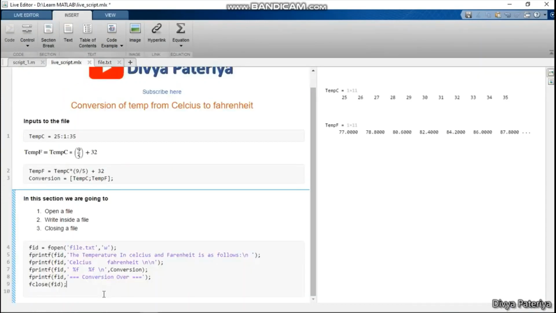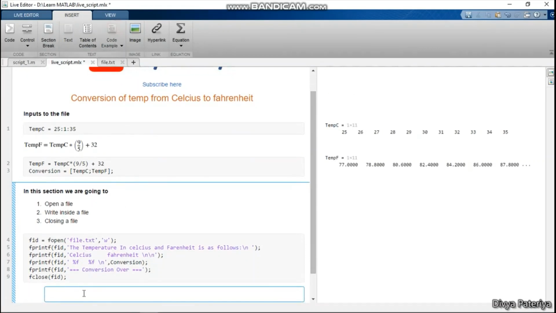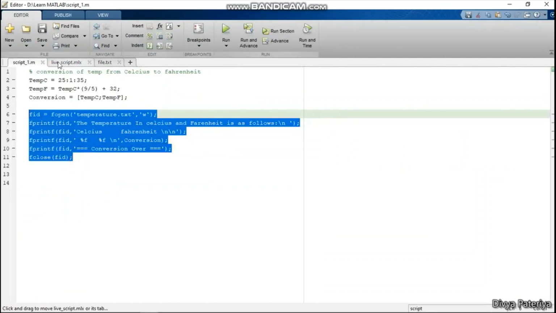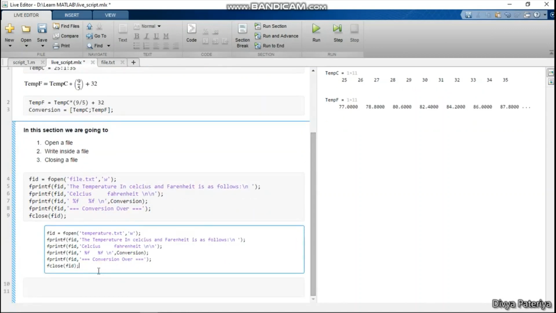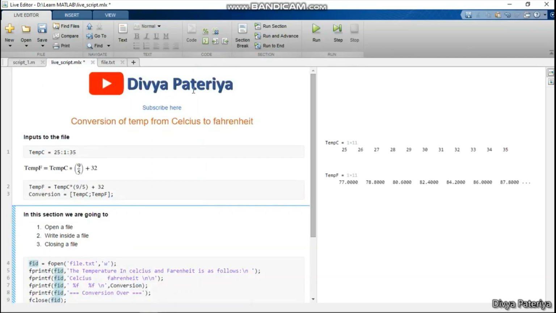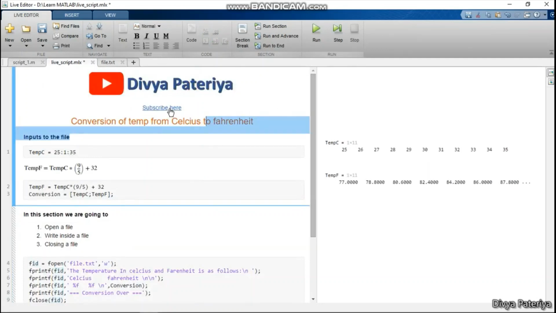And also what we can do here is provide a code example. Suppose I have taken this particular snippet of code from some other source code. So copying that code, we can copy it here. Suppose I am copying this whole thing inside, so MATLAB is not going to run this because I have provided this particular code as an example to my code that I want to run inside this script file. So till now what we have done is we have provided the image inside the script file, we have provided a hyperlink, we have also provided text and codes. So now we can see that live script is a very good way to make the code readable for someone who is not aware of it previously.